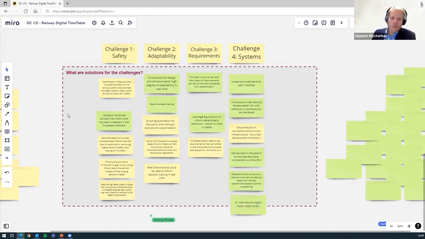However, it's very difficult to align stakeholders on this. And establish common data environments. Yes, very true. And an international digital object and asset library. Yeah, true. Also very difficult because the starting data, the infrastructure data, signaling, catenary systems, but also railway construction